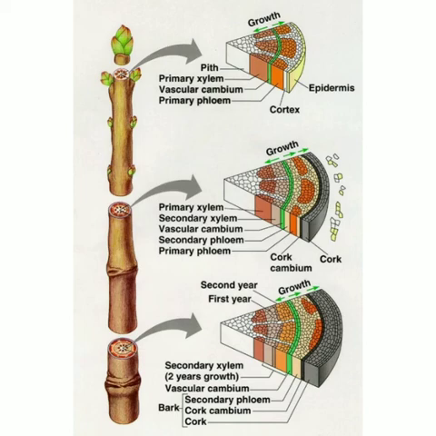Okay, when you come to the higher class, you will study the section of the stem, how the tissues and the cells are arranged. That is the xylem and phloem, and epidermis, endodermis, mesodermis. These are the layers which are present inside the stem. When you come to the higher class, you will know it in detail. And this xylem and phloem help in the transport of water and the food which is present in the stem.